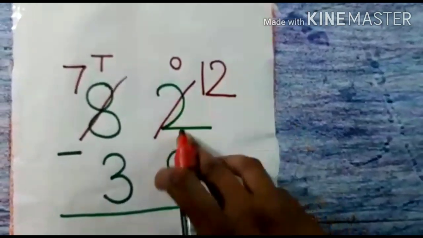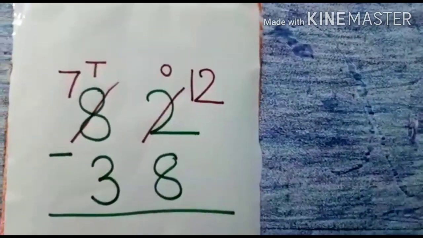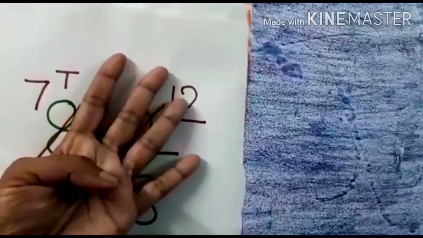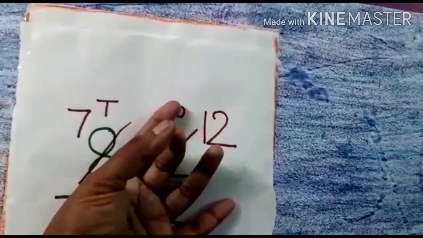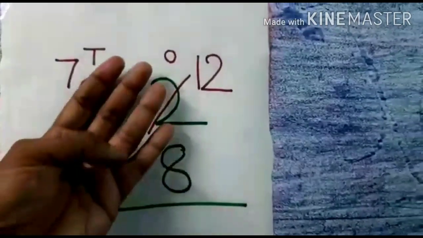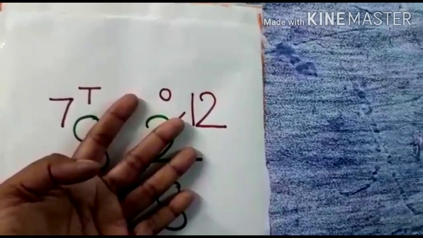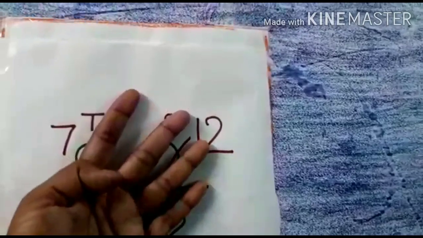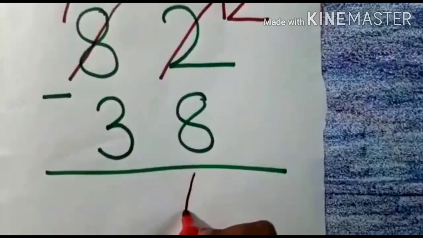Now can I subtract? Yes, from 12 if I take away 8, now you have to use your, yes, fingers. 12, where is 12? 12 is here. Because 10 is here, 10, 11, 12. And where is 8? 8 is here. So, if I take away 8 from 12, then how much remains? 8 I am taking away. So, 1, 2, 3, 4. 4 is remaining. So, I will write 4 here.